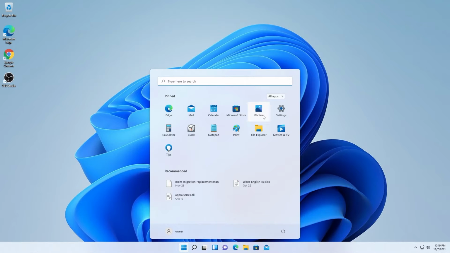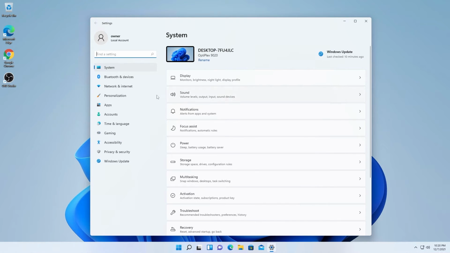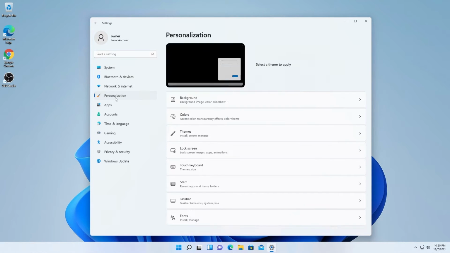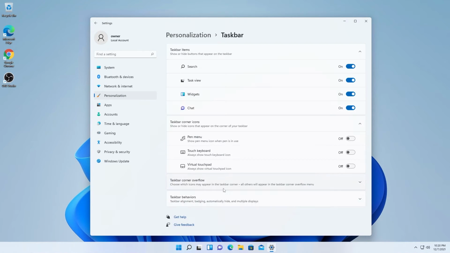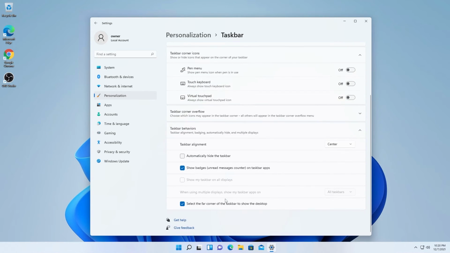Press on start and go to settings. And then in settings, press on personalization. And then right here, scroll down and press on the taskbar. And then in here, press on taskbar behaviors. And then scroll down, and right here you're going to see taskbar alignment, and you can see by default it's